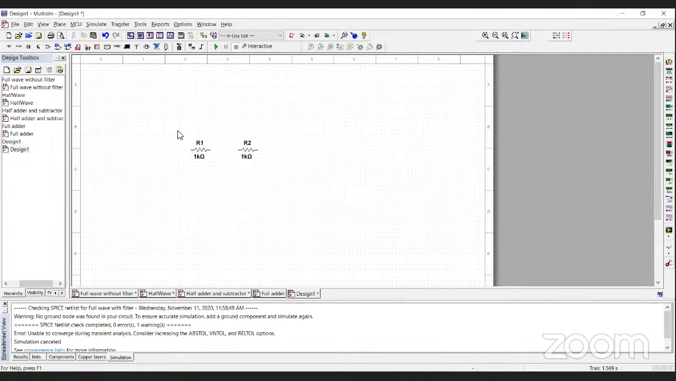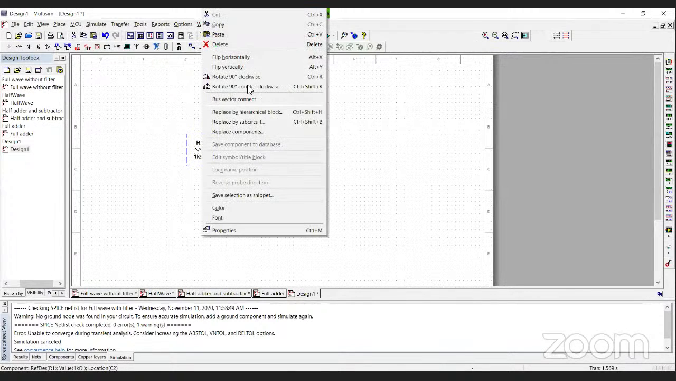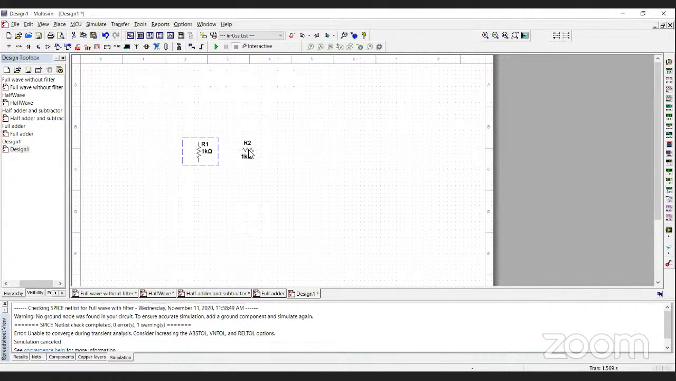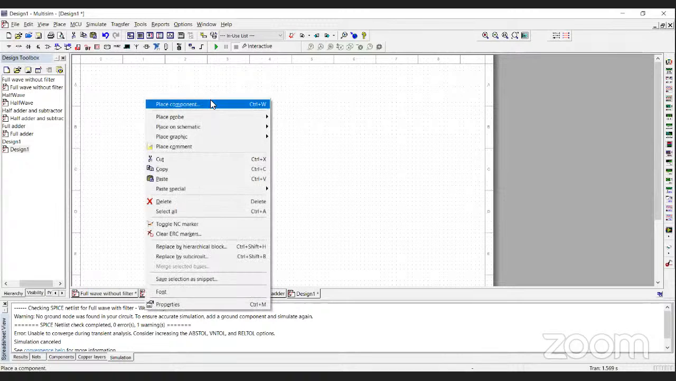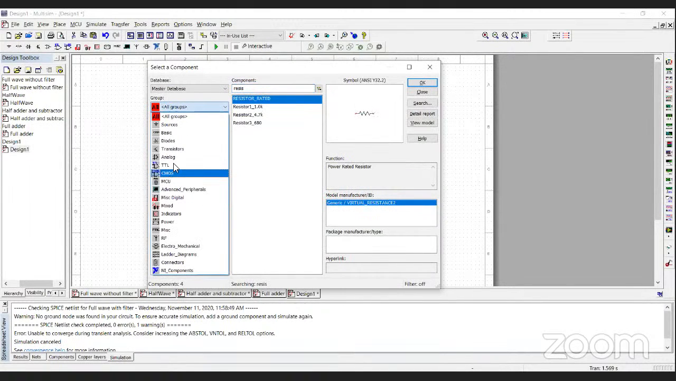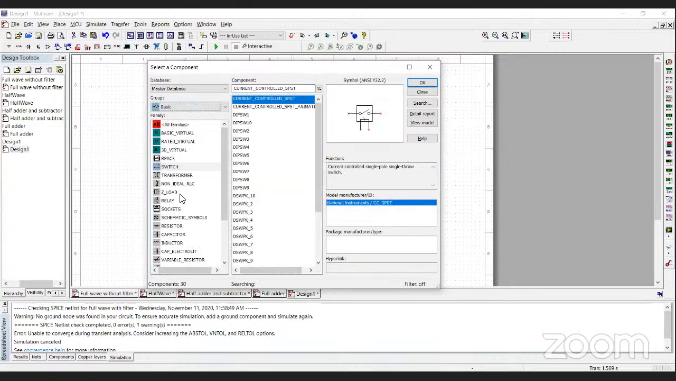Fine. So when you place a resistor like this, it will be uncomfortable for you to connect the switch also. So you can rotate it clockwise, or you can press Control R, which will help you rotate. And next what you want to do is go to the switch, select basic, go to switch,